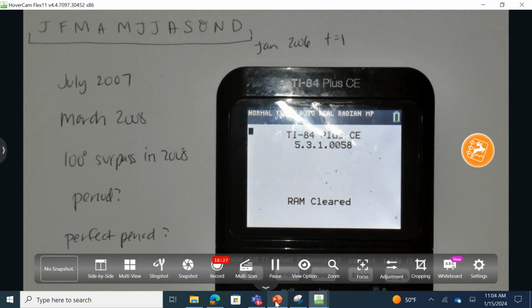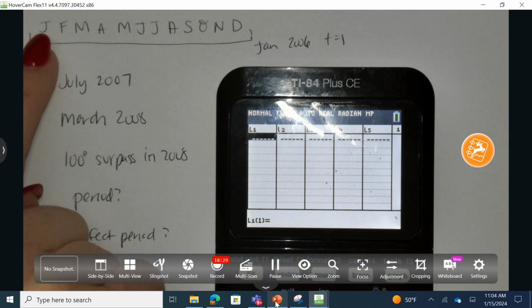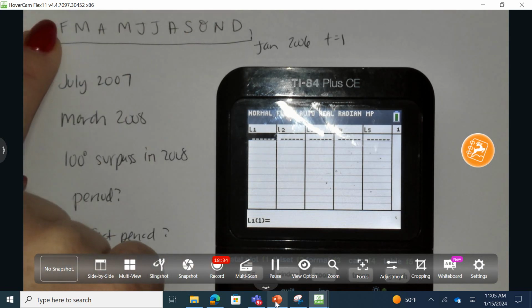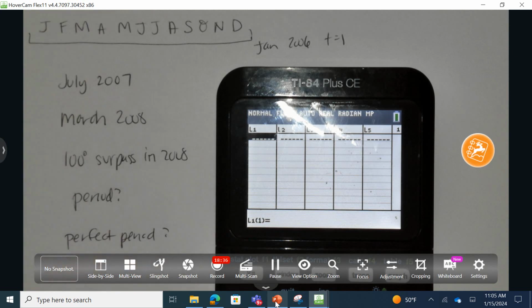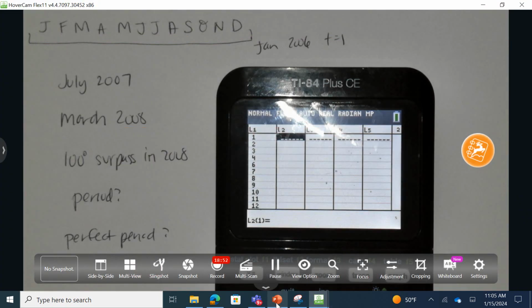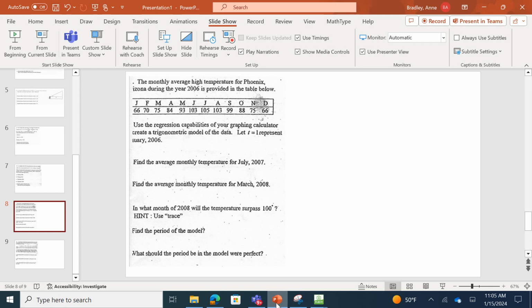Okay, and so I'm going to go up to stat and edit, and 1 through 12 will be the month. So January will be month 1, February month 2, March month 3, and so on. So 1 full calendar cycle will give us 12 months, and then I'm going to put these average temperatures in. I'm going to go back here as average monthly temperature. Okay, so let me actually flip back here and type these in: 66, 70, 75,